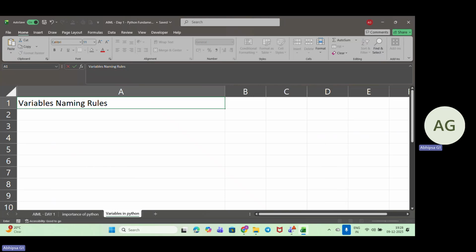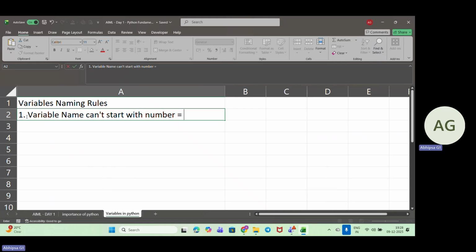Okay. So these are very simple. The very first rule is that the name cannot start with a number. That is the variable name. The variable name can't start with a number, right?